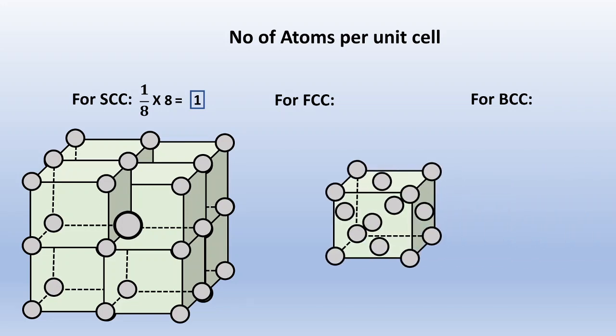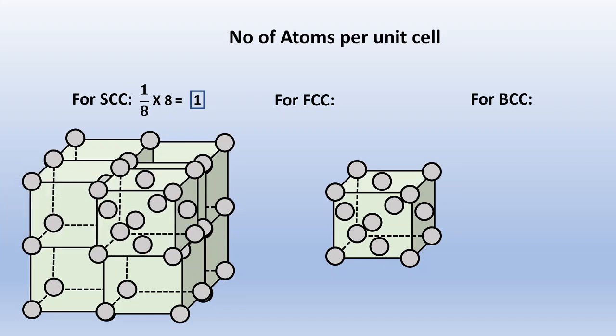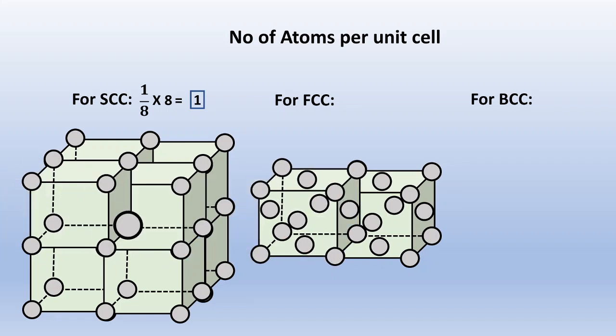Now let's suppose there are 2 adjacent FCC crystals. If we look at the atom which is present at the center of the face, we can see that this atom is being shared by just 2 unit cells and no other unit cells are in the close vicinity of this atom. So the contribution of this atom to a single unit cell, either to this one or to that one, is only half.